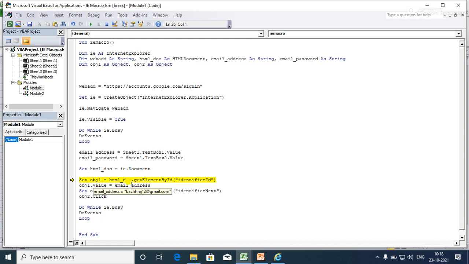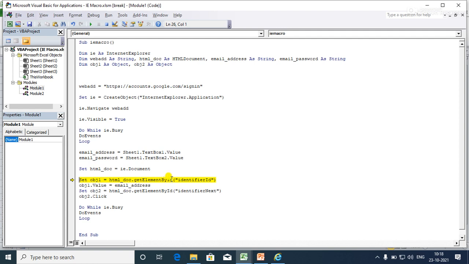F8, and now you can see that I have used the HTML doc to get element by ID, because I have identified the tag, that is ID. So I have accessed this control by get element by ID. You can access an element from the web application with get element by ID, get element by class, or get element by tag name.